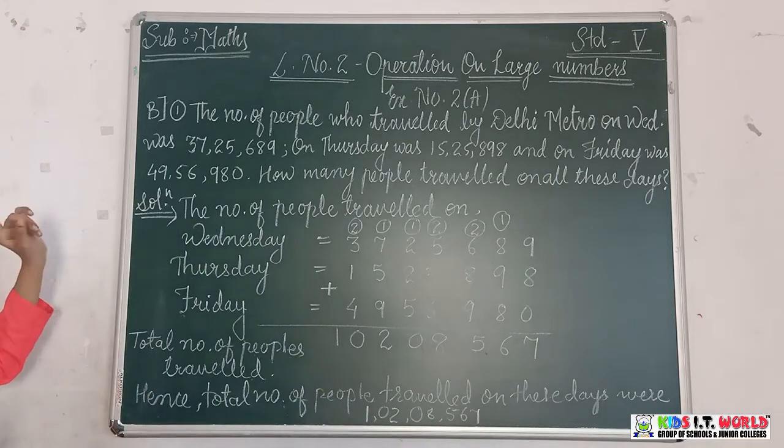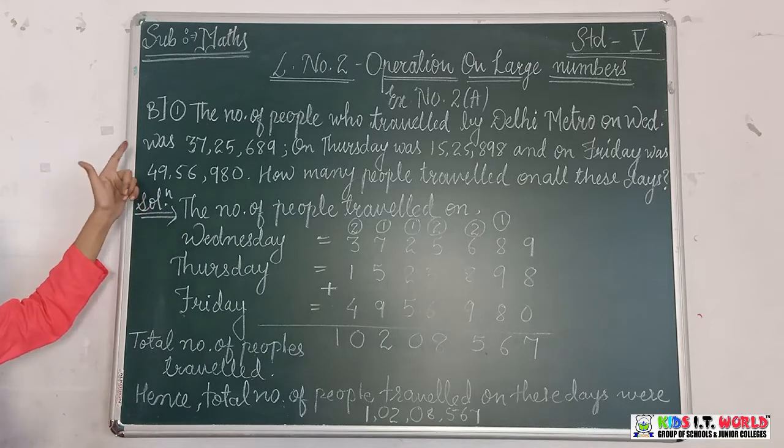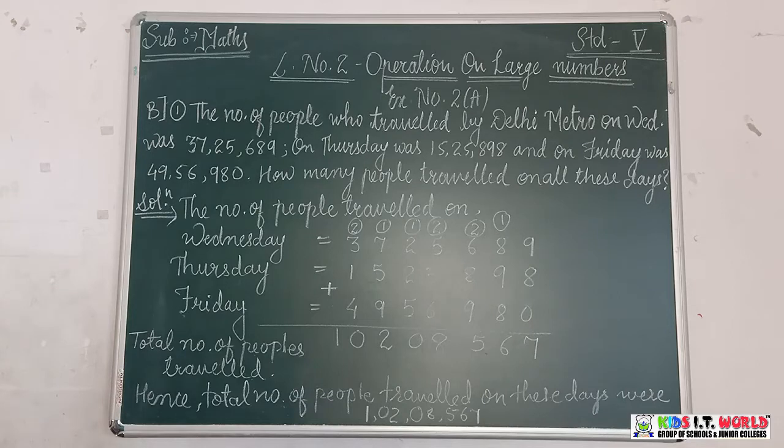So remember, what is the first thing you have to remember in a word problem? Read the word problem carefully, then collect the given data in the word problem, then observe the word problem properly and see which operation you have to do on that problem. After collecting the given data, do that operation correctly. Arrange the numbers in this way so that the place value of the same number comes under that number. It means ones should be under the ones, tens under the tens, hundreds under the hundreds. So in this way you have to arrange the numbers till the lakhs, 10 lakhs or crores. And then lastly you will write the final answer in this way.